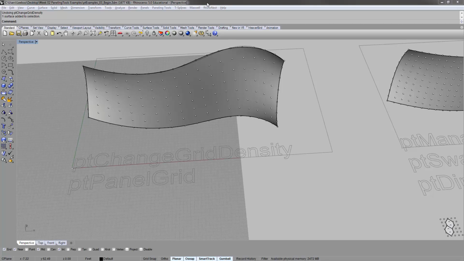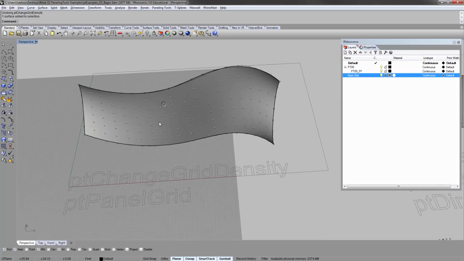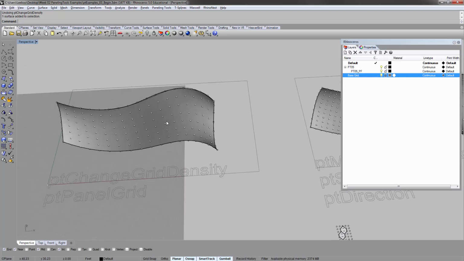Alright guys, welcome to the third video of this week's paneling tools. So this is the last file, should be called PtExample03, begin. Okay, so straight off in the corner, and there's not that many here, straight off in the corner you'll see